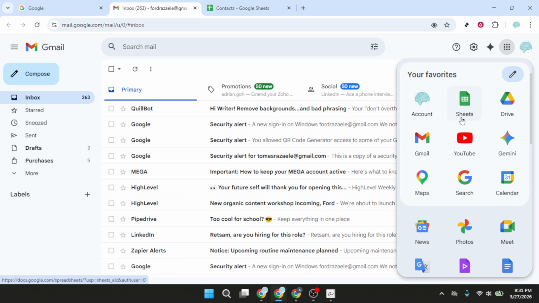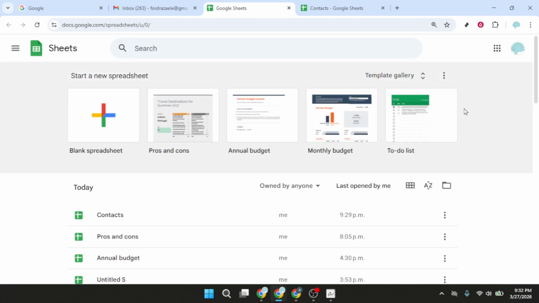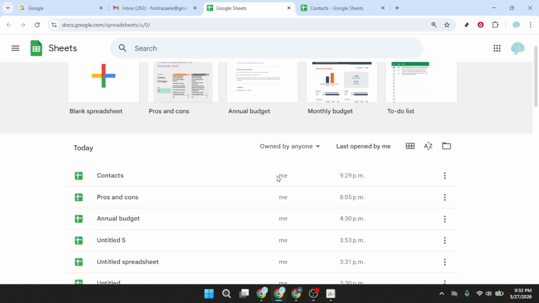A compact window will appear, and you can scroll within it if needed. Inside this panel, find Google Sheets. It's the green icon with a white table, labeled Sheets. If it isn't visible immediately, just scroll down. The apps are listed in a grid and some may be lower in the list depending on your usage. Click the Sheets icon. Your browser will open Google Sheets in a new tab, leaving your Gmail tab exactly where